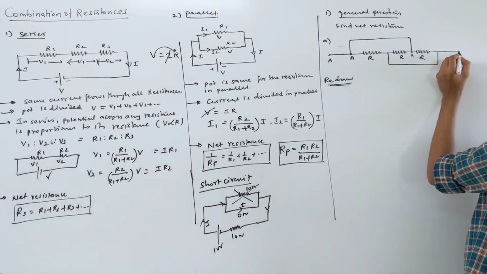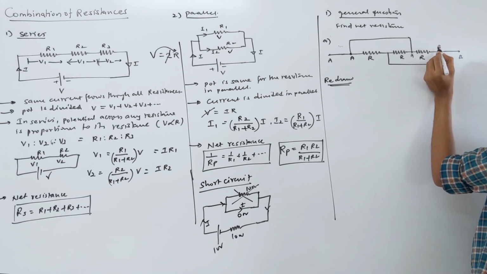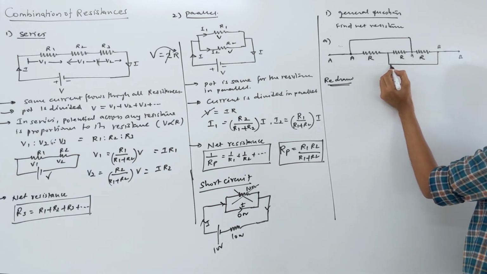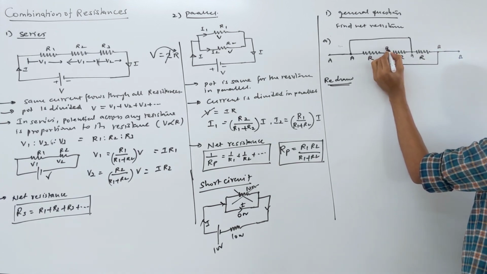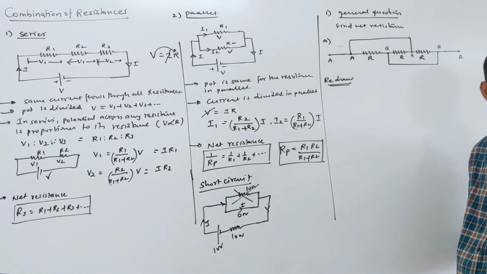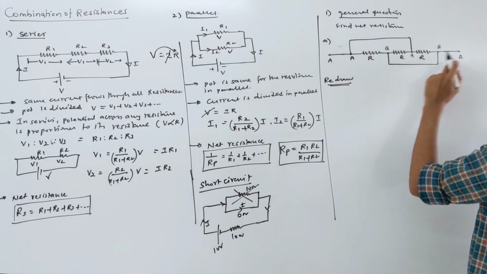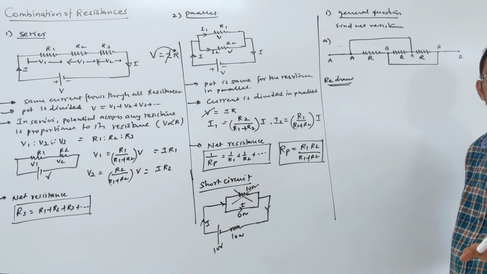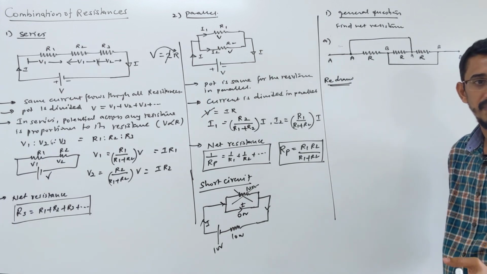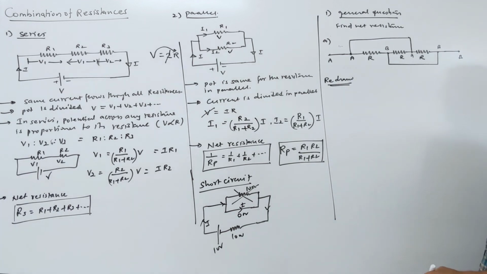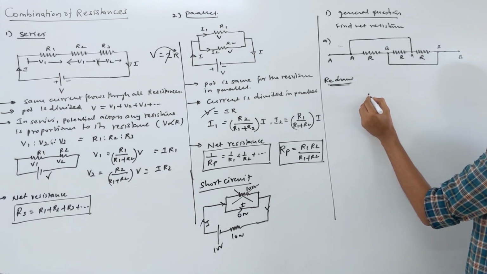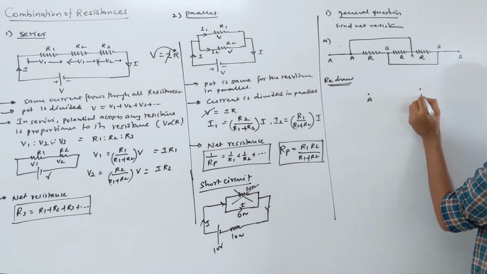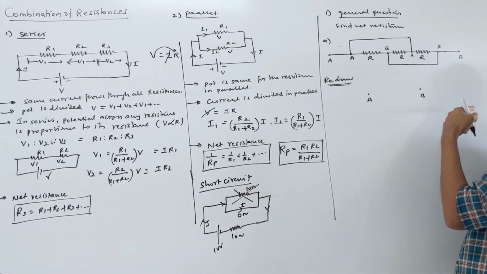Then look at this point B, this point is also B only, just wire, and this is connected by a zero resistance wire at this point. So this is also the B terminal only, right? Correct. So in this whole circuit you have just two terminals, A and B. So you should understand that all of them are parallel. If you don't understand what to do, you write two dots. This is terminal A, this is terminal B, and if a third terminal is there, write C.